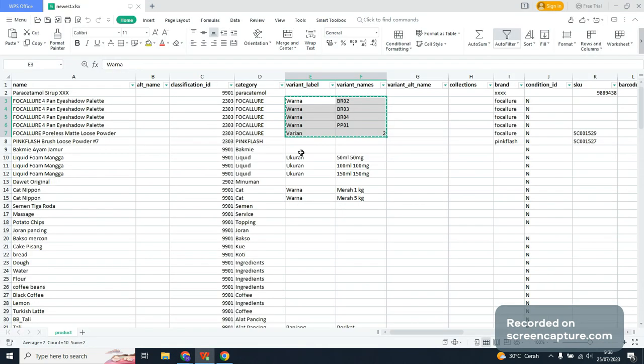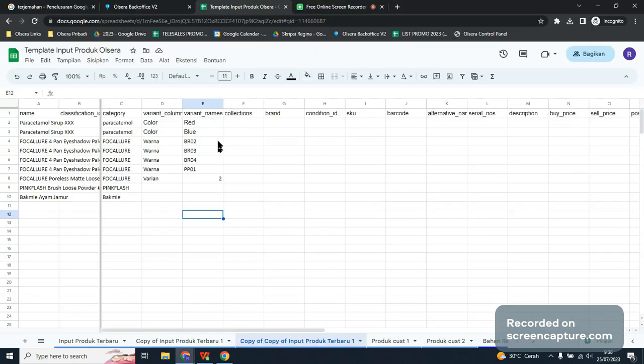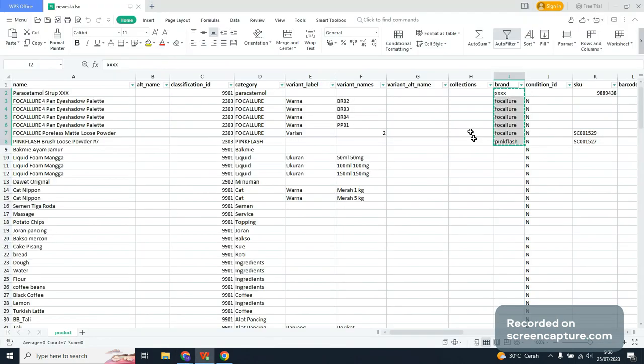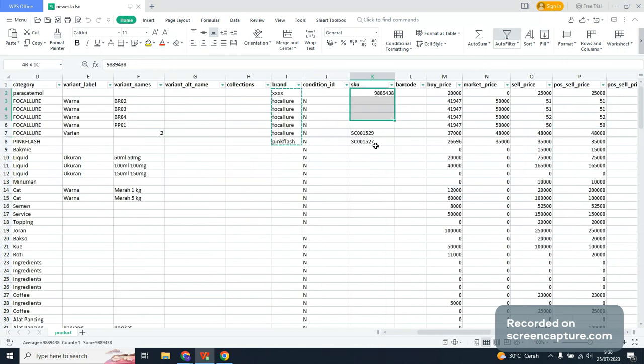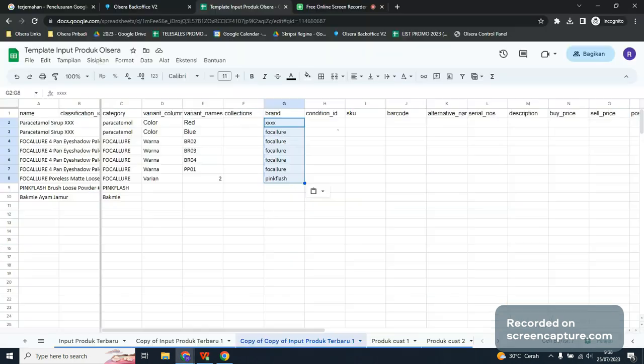So it is all right. And if you also have other data, you have to make sure that you input all of them, so there will be no